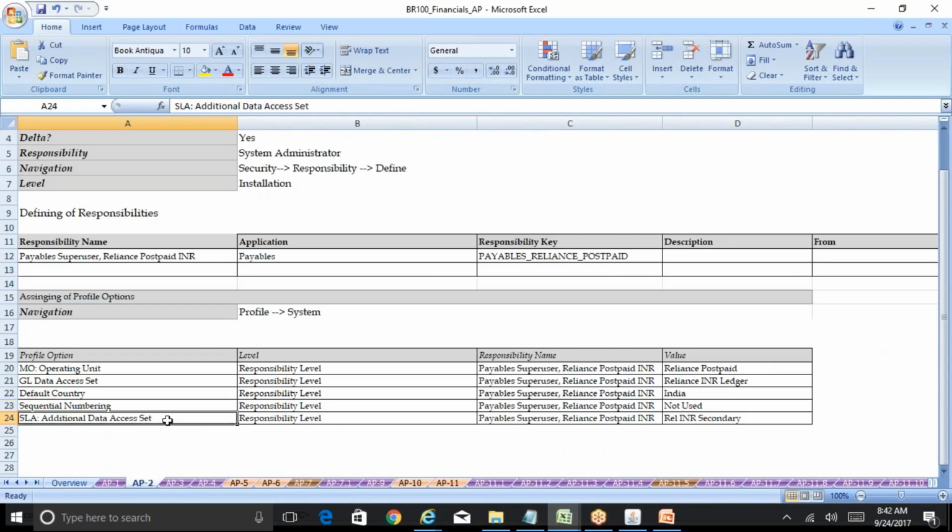And the last profile option is SLA additional data access set. Again, this particular profile option is optional, and this is applicable only if you are using the secondary ledger. So, SLA additional data access set. As you can see here,